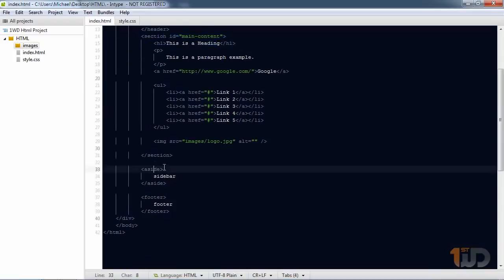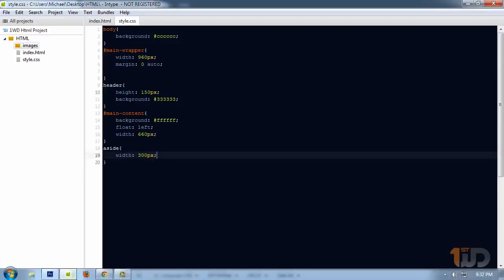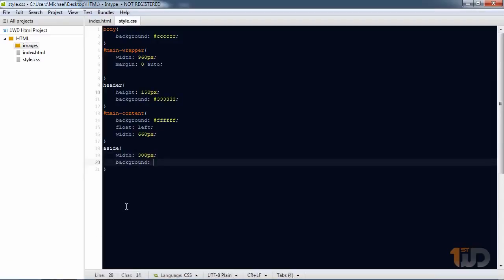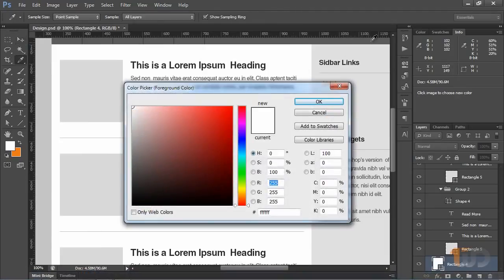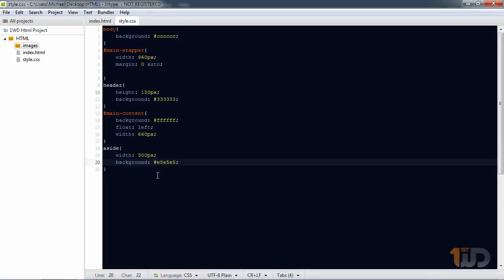So for the sidebar, we target it by typing aside, specify the width again. So 960 minus 660, that will be 300 pixels. Then let's add a background. Go back to Photoshop, select the eyedropper tool, then select this color, 5E5, copy, okay. Go back here, place, hit save,